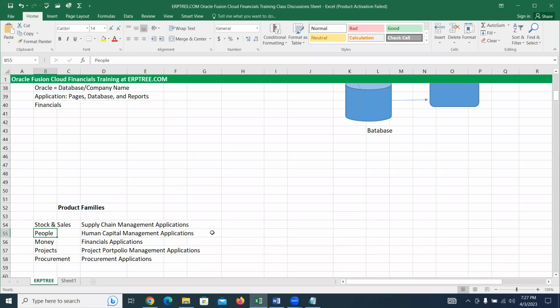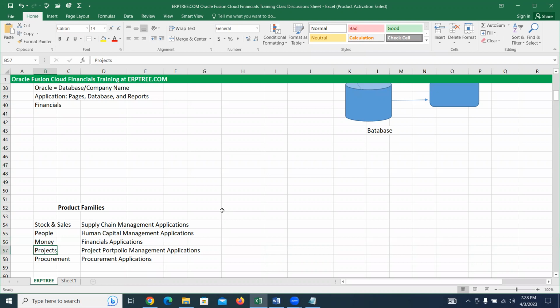These are the set of applications. In the same way, wherever you deal with the money within the business, you have a few applications like payables to make the payment, receivables to collect the payments, assets to maintain your assets, cash to maintain the bank accounts, expense to manage your employee expenses, tax to calculate the tax related to finance transactions. This all deals with the money. For all money related activities, what are the applications we use, those we call as financials applications.